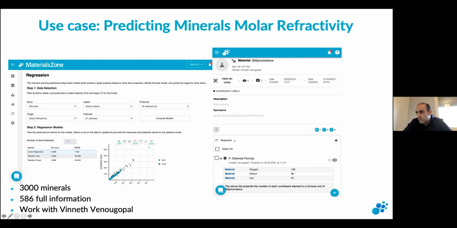So they all fall on the same line here, which means that if you take the remaining minerals, 3,000 minus the 586, you could predict the refractive index without any theoretical or experimental attempts. For us, it's really reassuring and convincing, and this can be demoed on many other data sets. The idea is that you can very quickly navigate between different data sets, and when you click on each pointer, it takes you to this specific sample or material page.